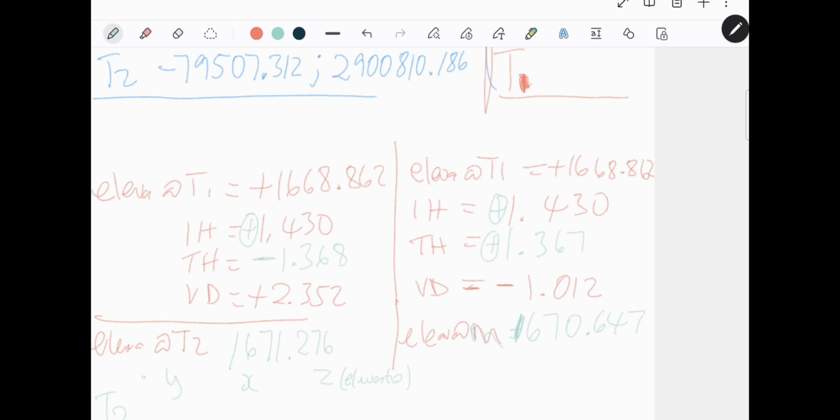So your final answer is Y of negative 79507.312, then for X we have 2,900,810.186. Then our Z, which is our elevation, we have 1671.276. Then you're done. So when they are marking, they'll start checking your final